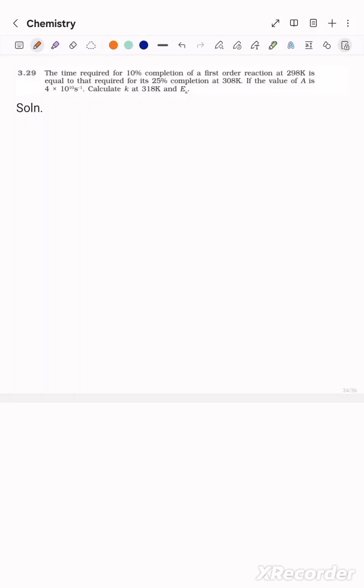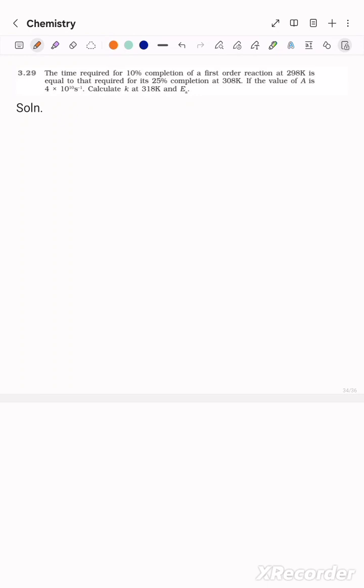Hello students. So the next question is: the time required for 10% completion of a first order reaction at 298 Kelvin is equal to that required for its 25% completion at 308 Kelvin. If the value of A is 4 multiplied by 10 to the power 10 per second, calculate K at 318 Kelvin and the energy of activation. So here we talk about A, as the question says that